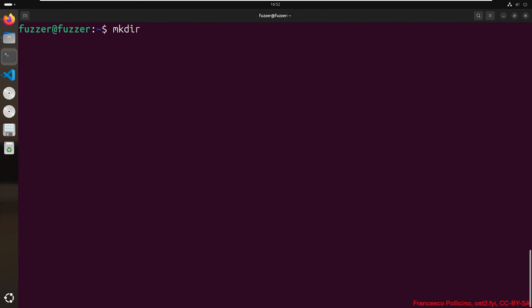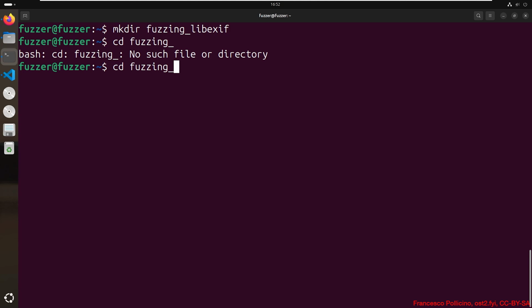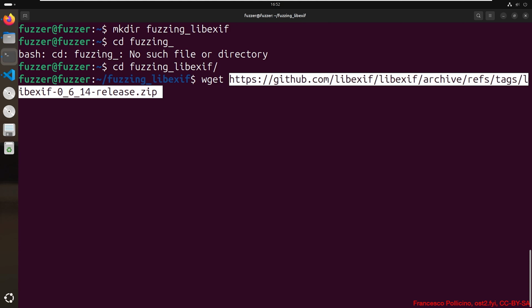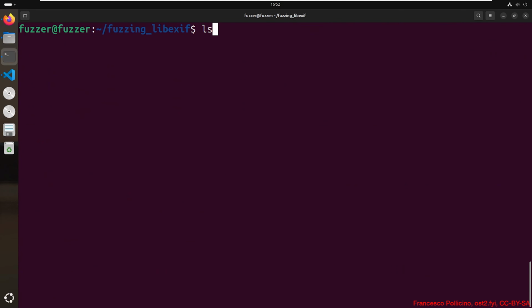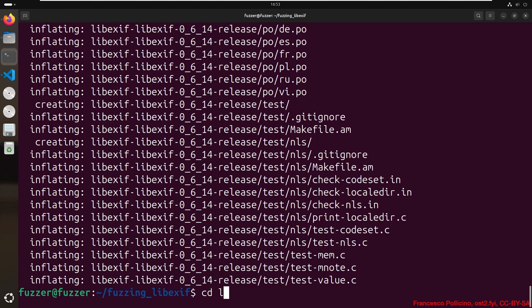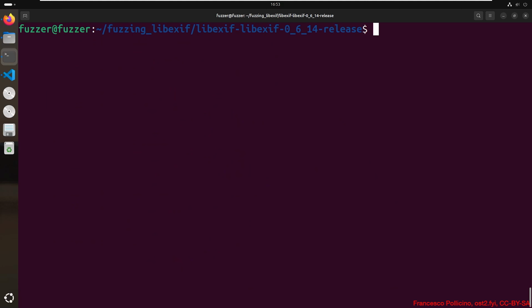We create a folder, fuzzing libexif. And we download the archive. Now we can unzip it. And we go inside the folder.